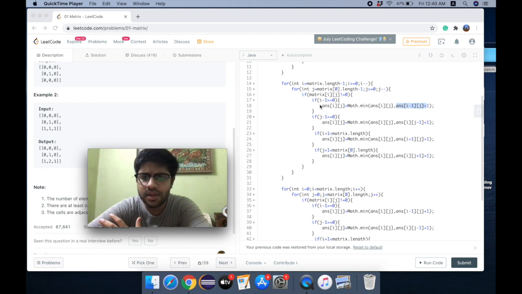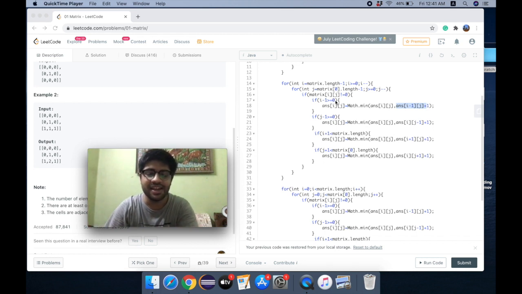So it's simple, I am finding out what is at top of me, what is below me, what is at the left, what is at the right. I am trying to compute all my neighbors and see if they have their answers or not. If they have their answers, I'll simply add 1 to their answer and my answer is done. I am putting the if conditions just to make a check, so that let's say you are at the top row and you are trying to access a row behind it, that's not possible. That's why I am writing i minus 1 greater than or equal to 0, just to make sure that we are within the range of the matrix, we are not crossing the matrix.